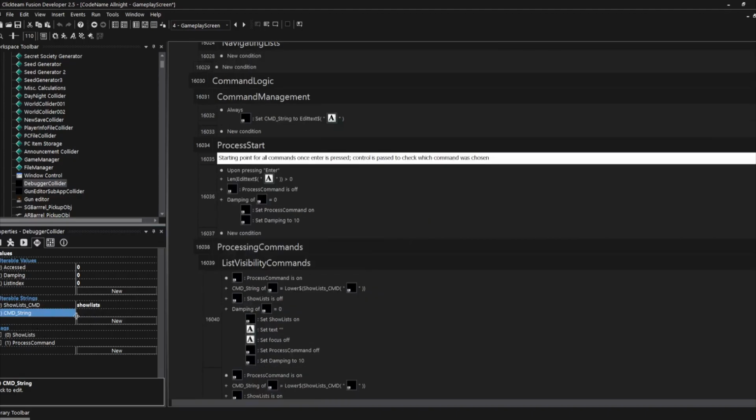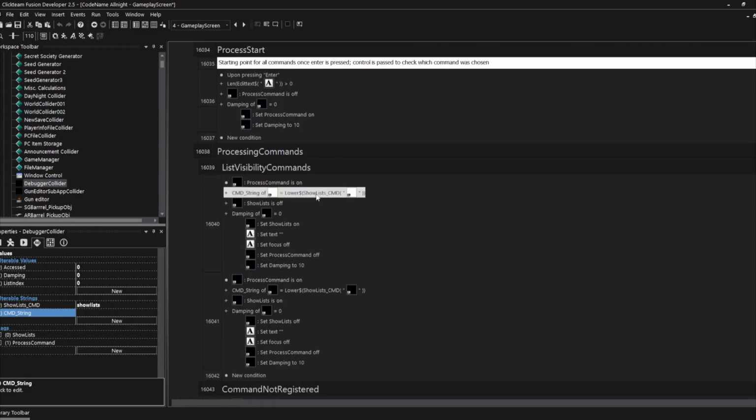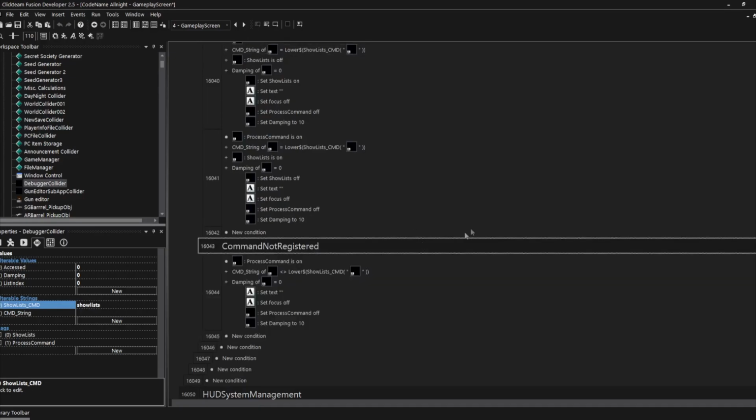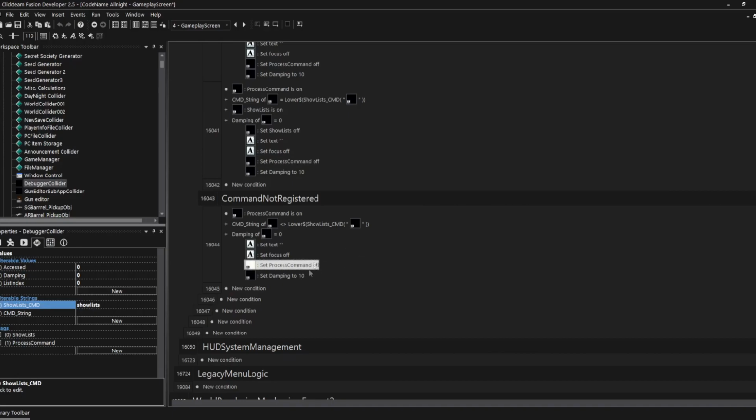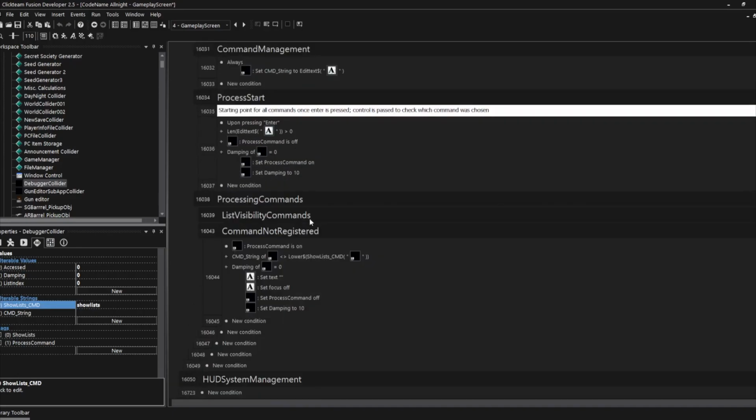The reason why I did it like that is so that I could come over here and have it check indiscriminately. One of the problems I was going through while testing and getting everything ready is I had the cases wrong, and I actually had to take the uppercase off the S off of here. So with that being done, I thought to myself, okay, let's make it so all commands are case insensitive. The way we're going to do that is we're just going to convert whatever's in that edit box into all lowercase. And then I also added in a different one, command not registered, just in case you do get a typo here. We do still need to refresh the edit box and the processing of the commands using that process command flag. So with all that being done, now we're ready to get started